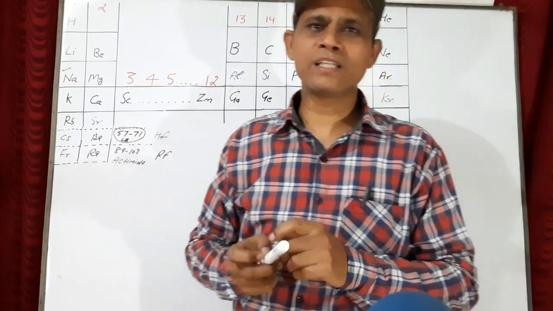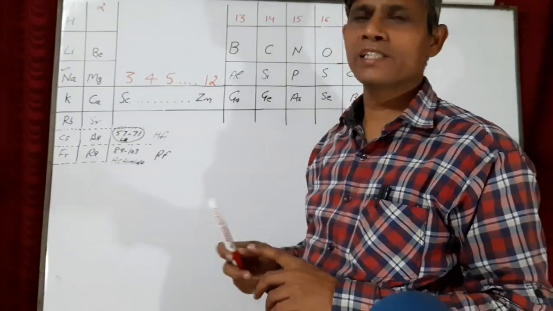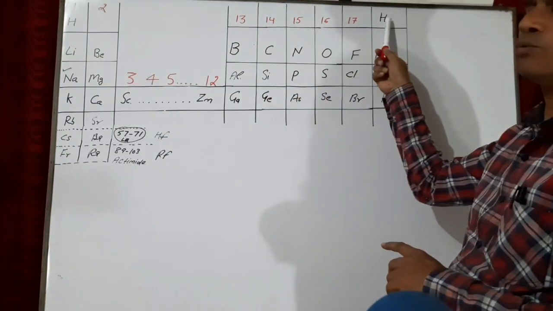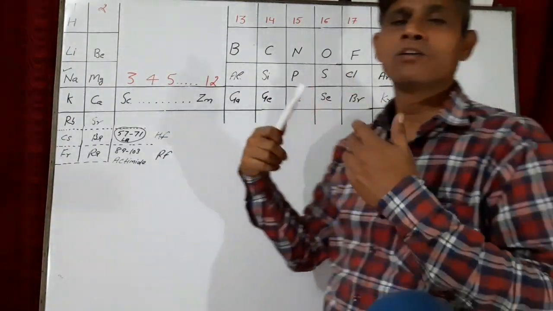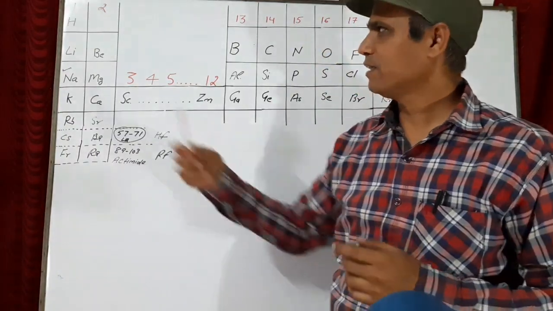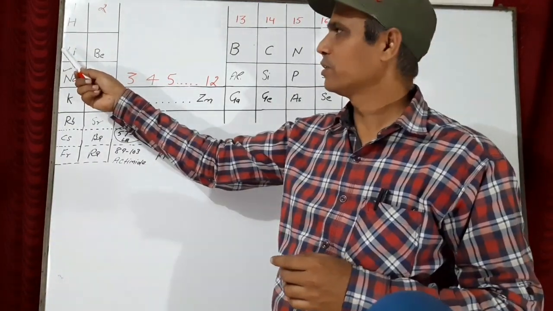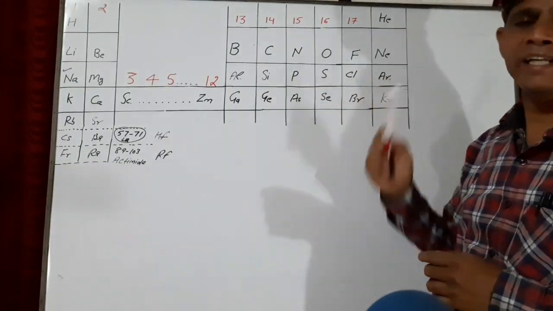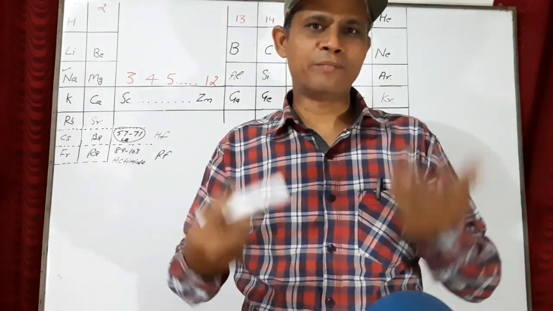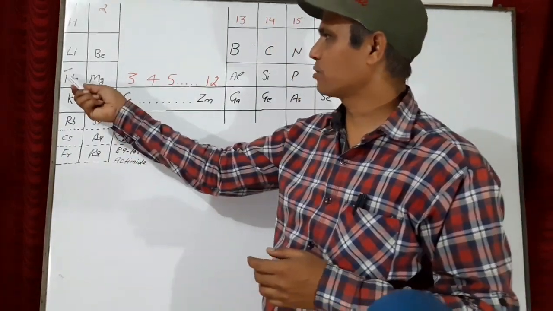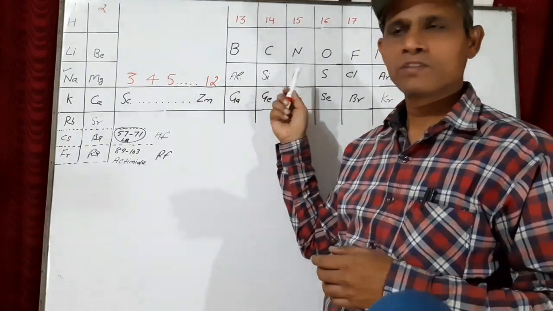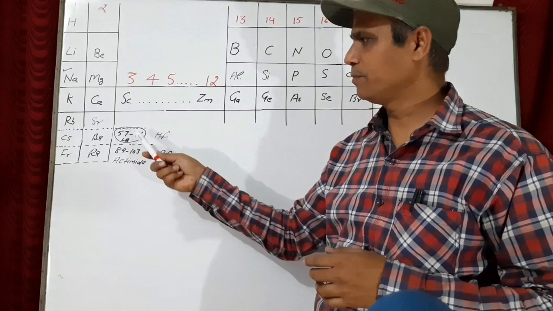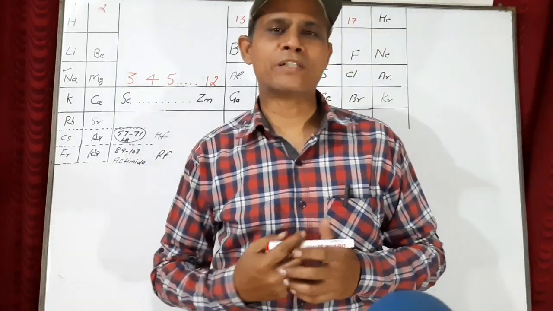Now if you see carefully in the periodic table, in period number 1 there are only 1 and 2, so you are having only 2 elements. And then in period number 2 there are 1, 2, 3, 4, 5, 6, 7 and 8. There are 8 elements. Then next also there are 8 elements. And then you will see 18 elements and 18 elements, and the last 2 will be containing 32 elements.